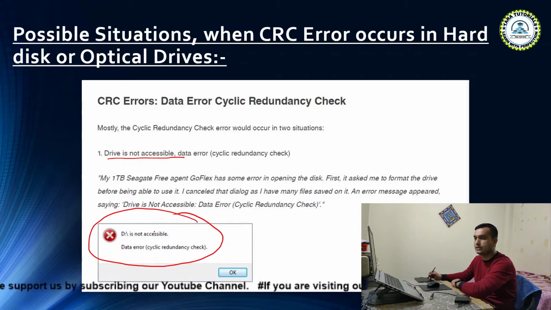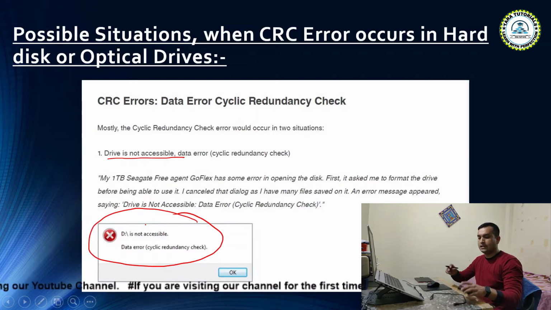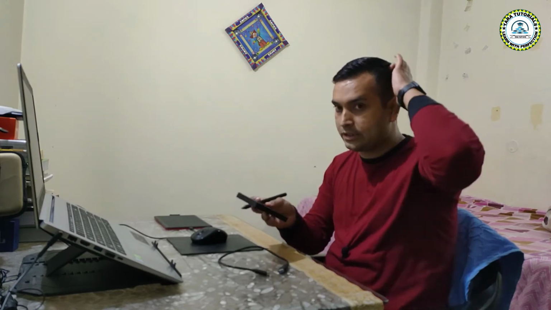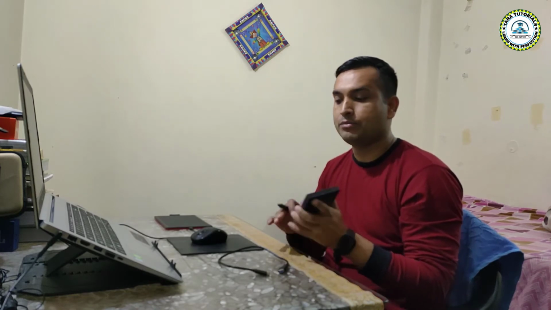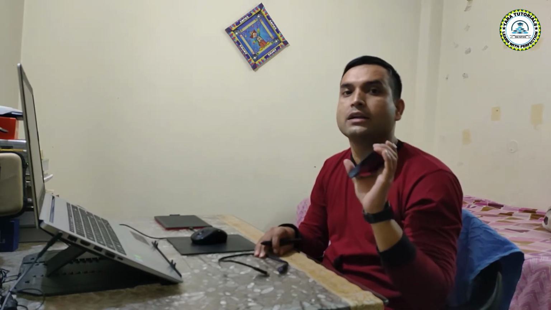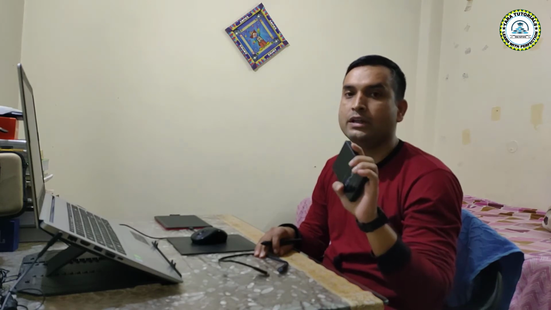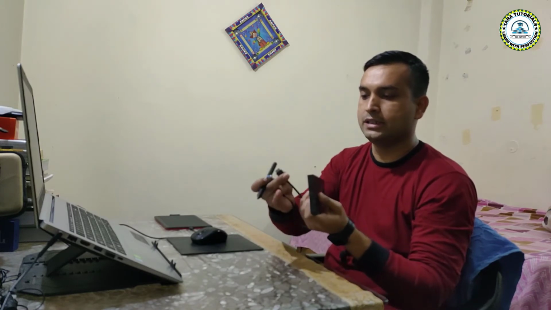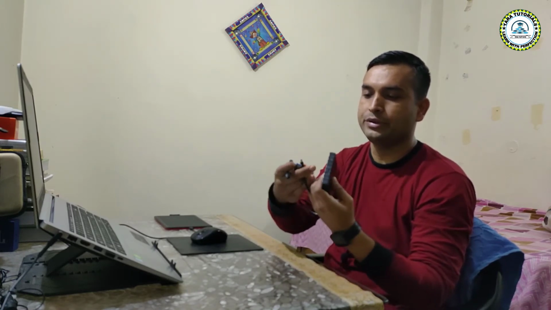So if you get this kind of error message, it means that your drive is still going to reflect, or show, in the Windows Explorer list, but you aren't able to access the data stored in the disk drive. So here you can try method 1 to method 5, which I'm going to explain in the next slides. But in my case, what is happening when I connect this disk, I'm just showing you here.